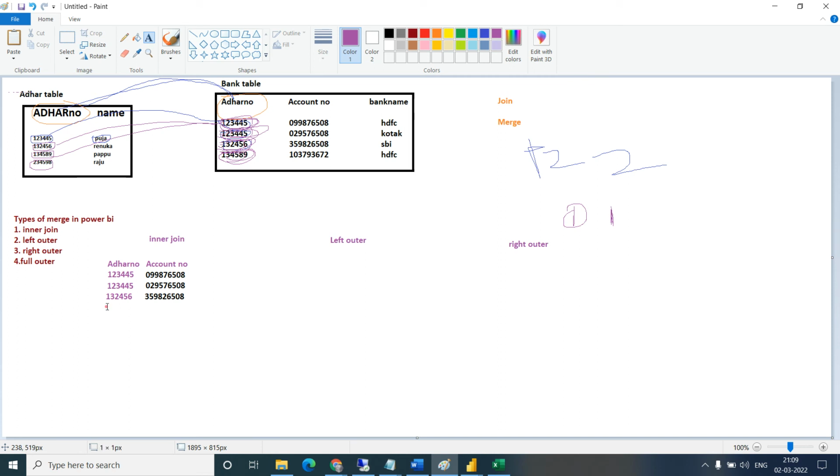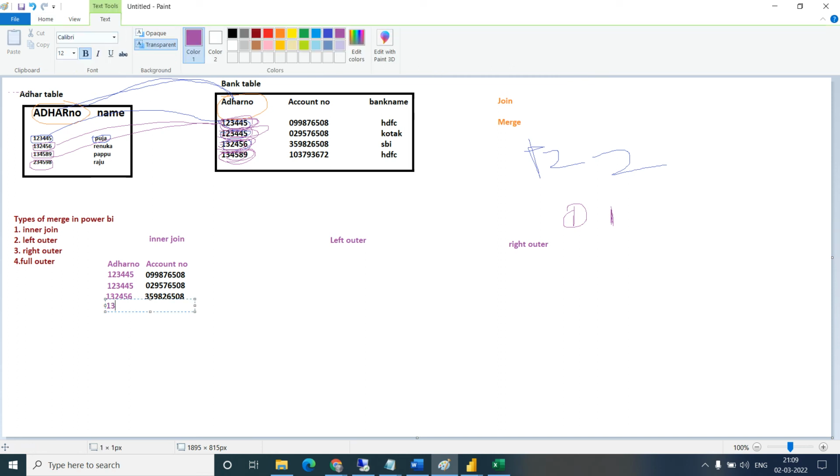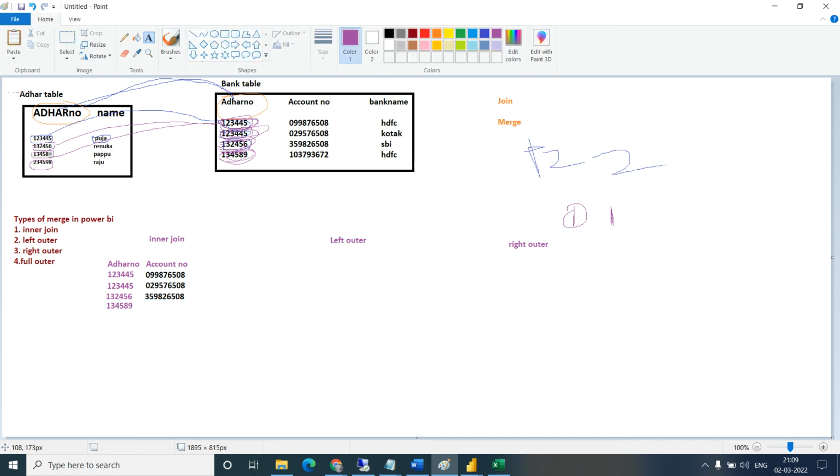Now third Aadhaar number, 1 3 4 5 8 9. Okay, is it matching 1 3 4 5 8 9 here? No, it is not matching. Second one, no. Third one, no. Fourth one, yes, it is matching.